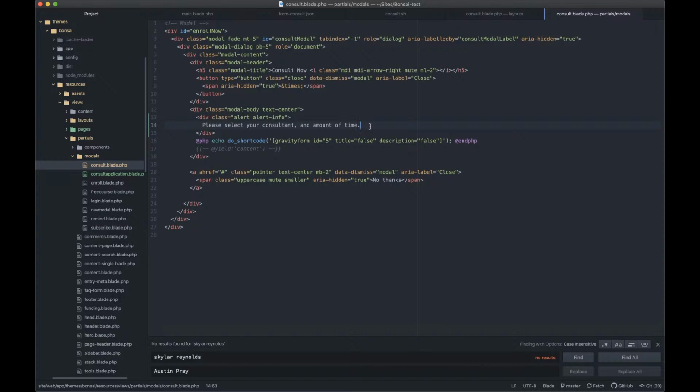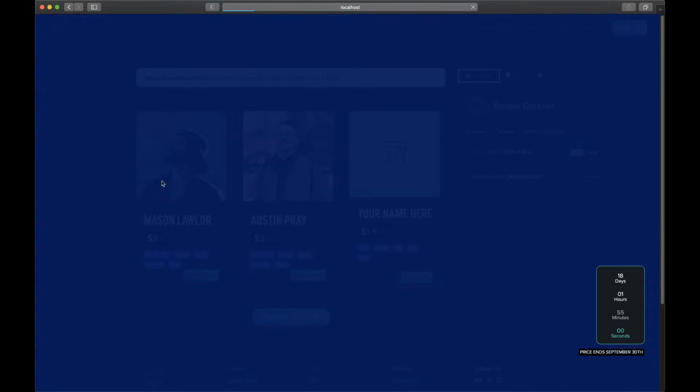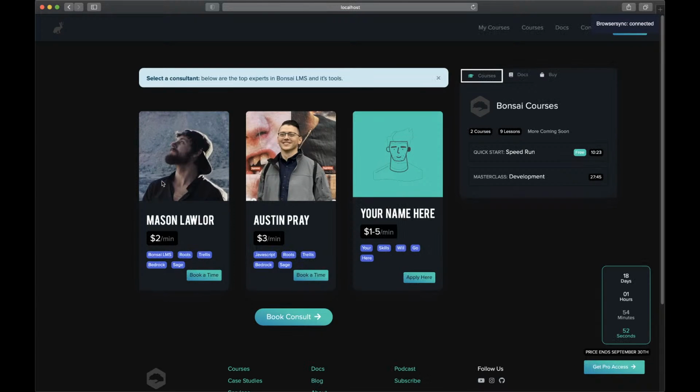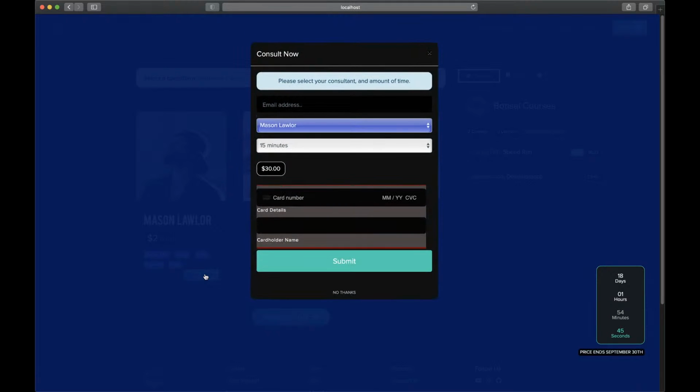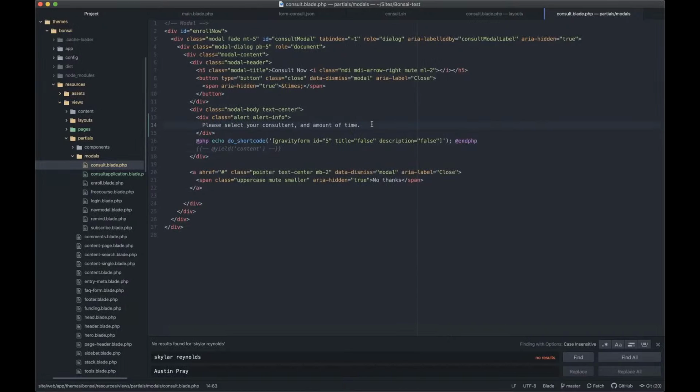Later I'll probably create bulk discounts, but for now we'll just keep it flat rate. Select your consultant and the amount of time,